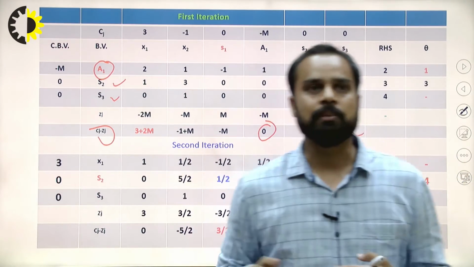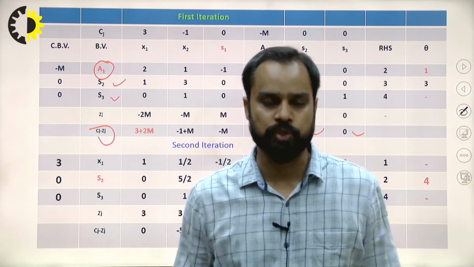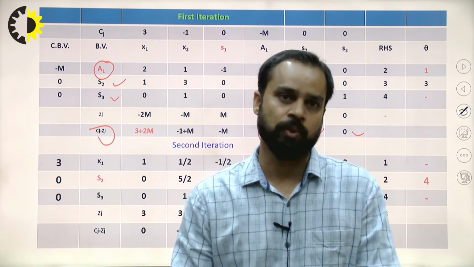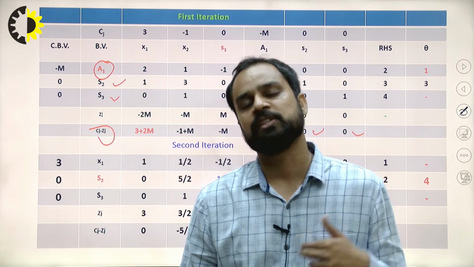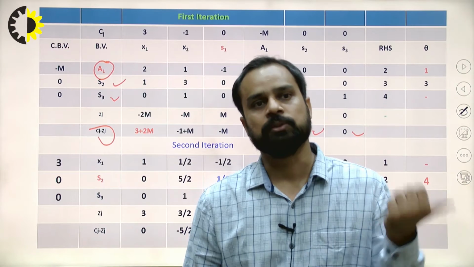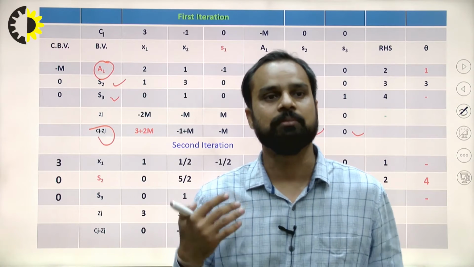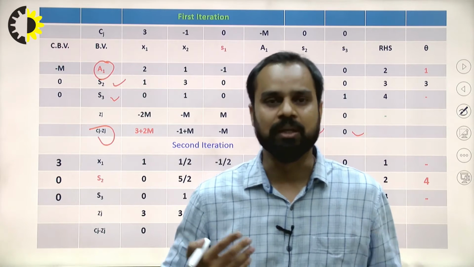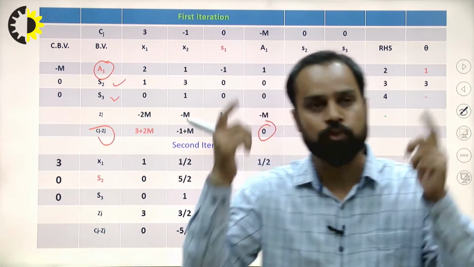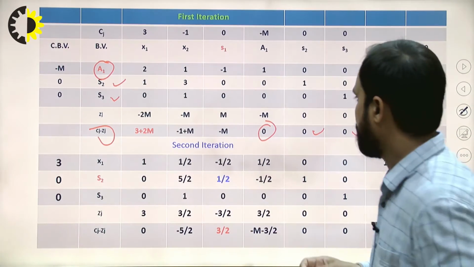Whatever it is, initial basic feasible solution, first iteration, second iteration, third iteration, or the solution of the problem, the Cj minus Zj row always indicates the value of basic variables is 0. If you are solving a problem and you are not getting the value 0, it means you have done some wrong calculations, something is wrong in the problem. If you keep these things in mind, then you will always solve correctly.